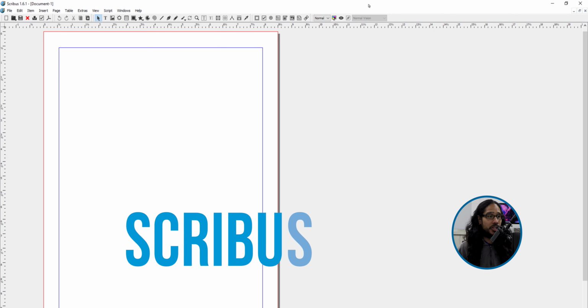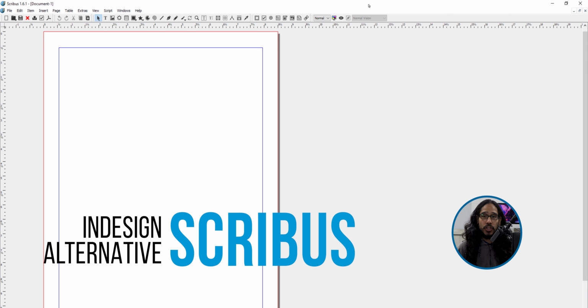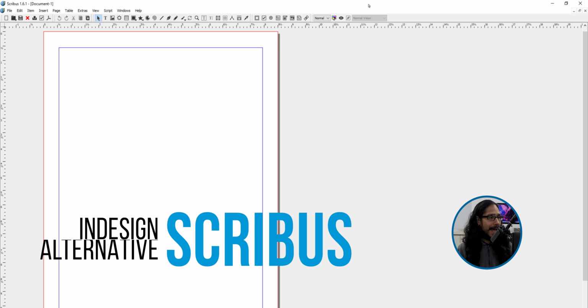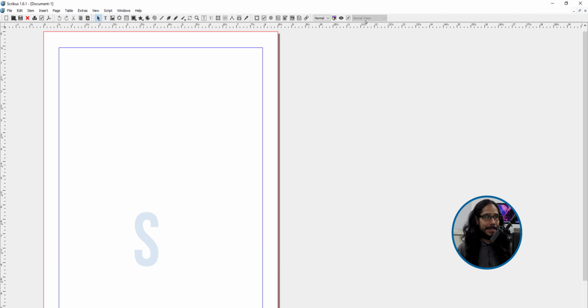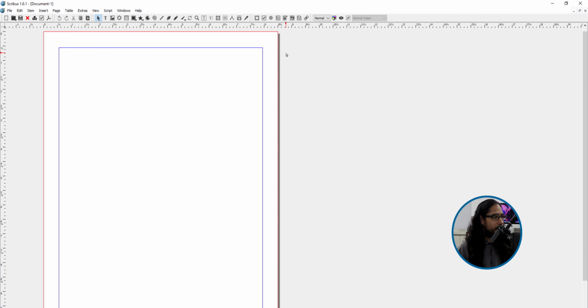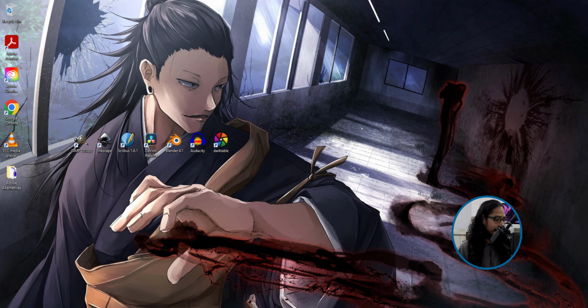The next one on the list is InDesign. What is a good alternative for InDesign? Scribus. I just heard of this recently. It is open source. It is free. It allows you to customize booklets and everything. I'm not really a guru dealing with Illustrator and InDesign, so I can't really show you guys how these programs are used because I am not a professional on them. So Scribus is definitely a good alternative for InDesign. So let's close this guy up.